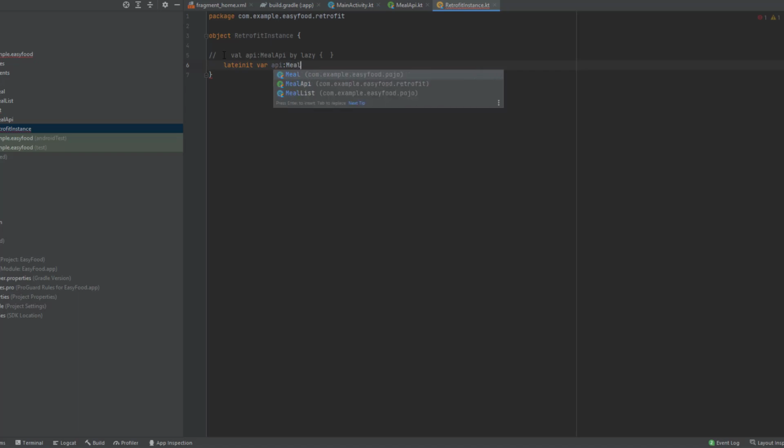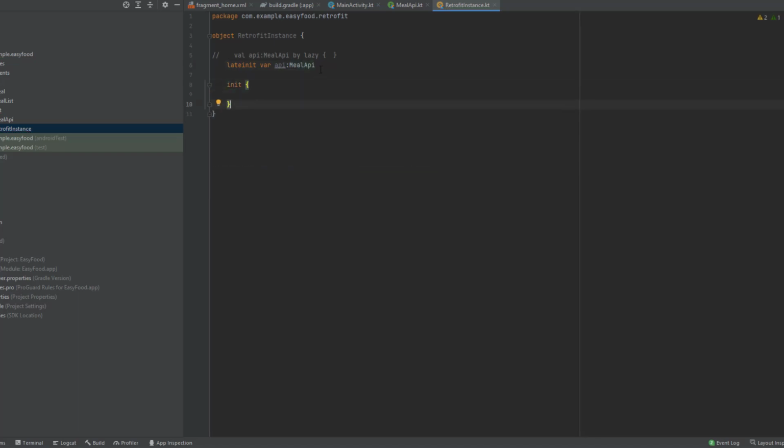And now you write what you need in this init, but a better and faster way is using by lazy. So let me delete this. Now this API is going to equal what is inside these curly brackets. So we're gonna build this API. To build this API, you write